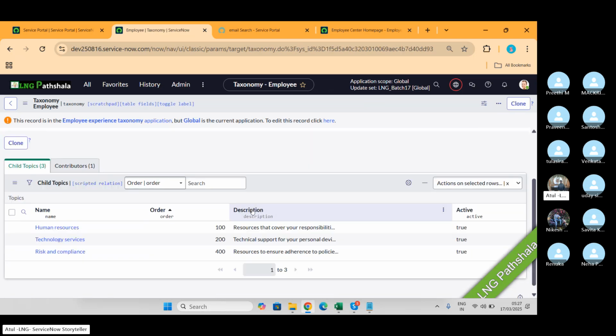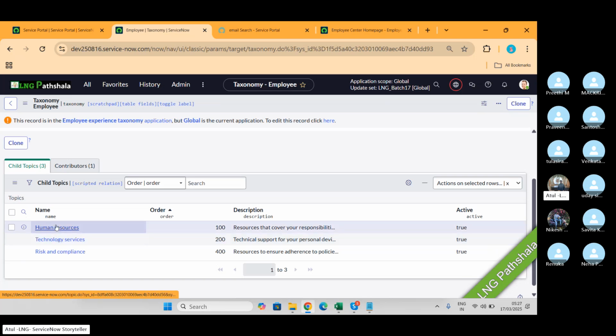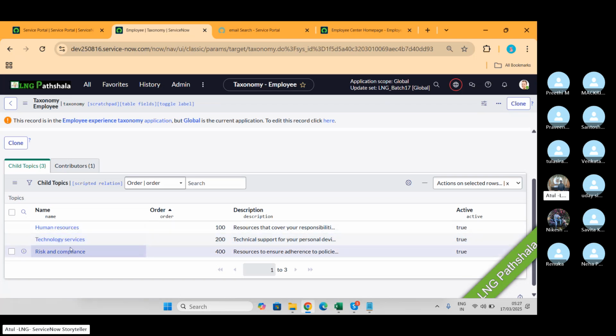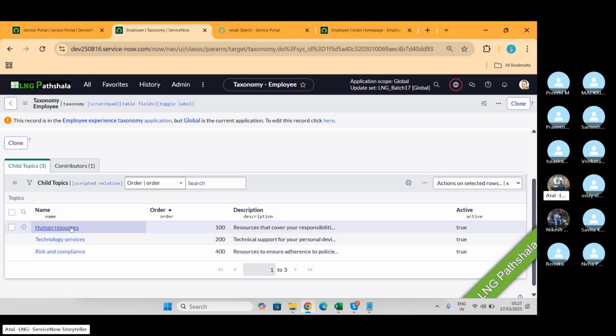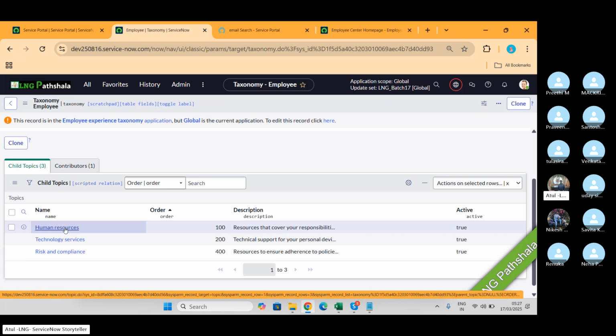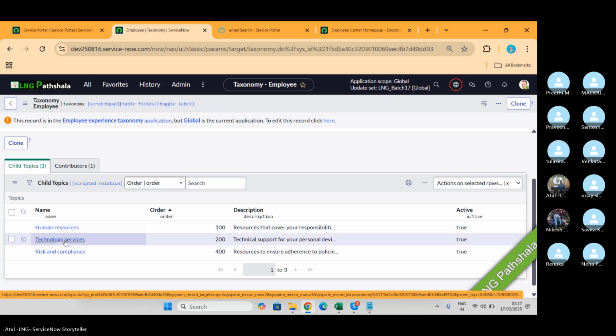So there's a taxonomy called employee. Under that we have technology, HR, and risk. Why are you able to see HR and risk? Because in my instance, in my PDI, I activated this taxonomy as well. But if you go in your PDI and go to the portals ECS, you will only see technology, not anything else.